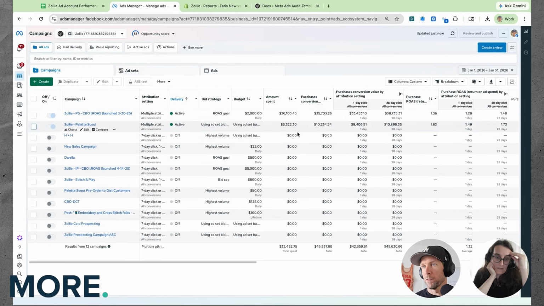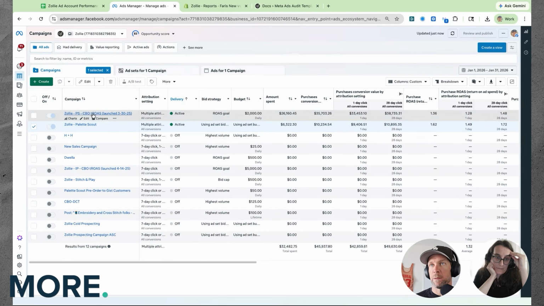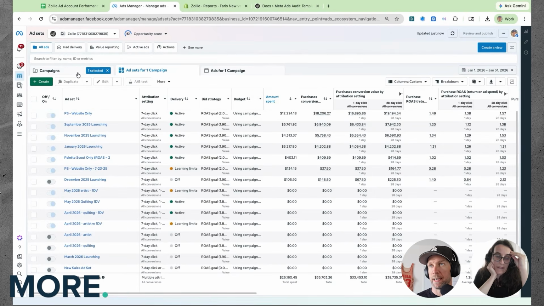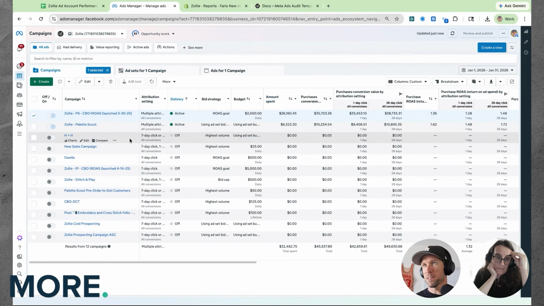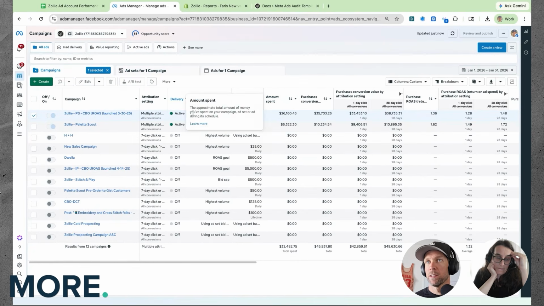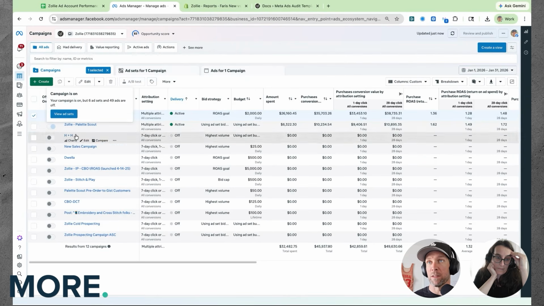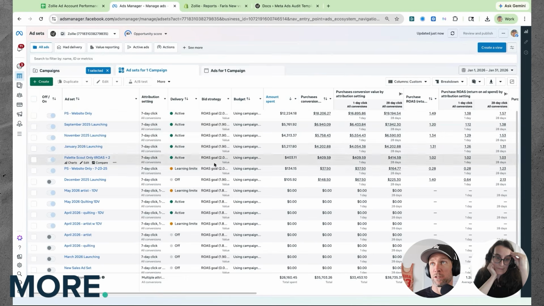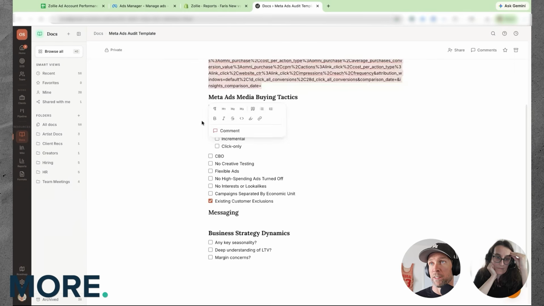Yeah, it looks like that is missing some value creation in there. And now you've got a CBO ROAS. Okay. And this looks like it's been the thing that's taken over most of the account over that time. Okay, so the next thing I need to start figuring out: you've had really no giant structural changes to the ad account. This CBO is different than it was before, but it's still ROAS bidding, etc. So I'm going to check another thing off my list here, which is manual bids and value optimization. You've got that.